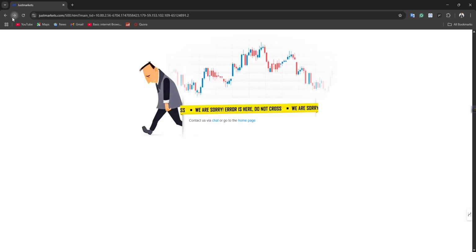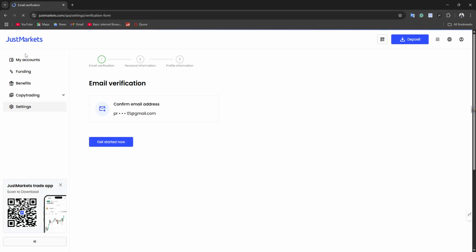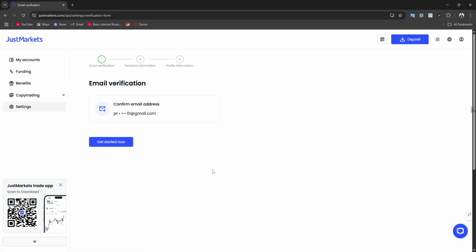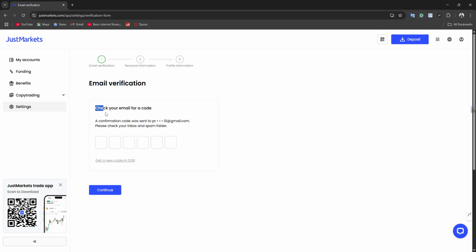And now let's say you want to withdraw money, then here you go, you can see this option withdrawal. Simply you have to tap onto it and then tap onto get started. Now it will send a code, you have to confirm your account, then you have to enter other personal information and profile information, and then you will be able to withdraw your money very